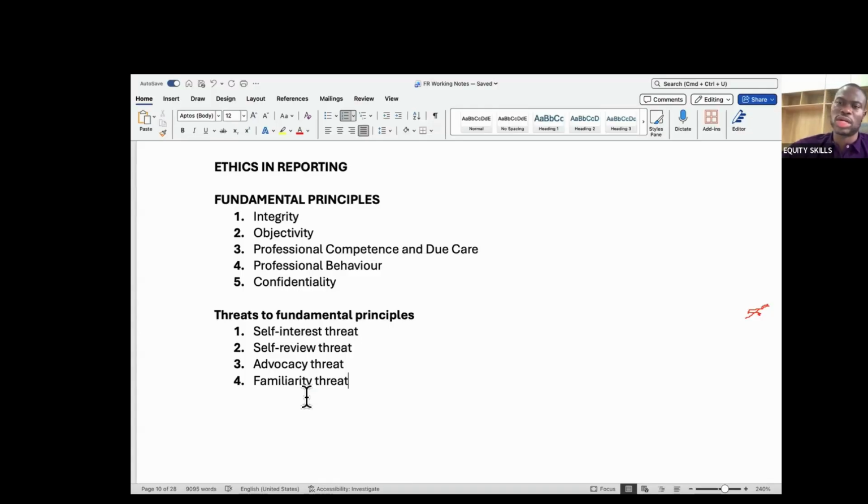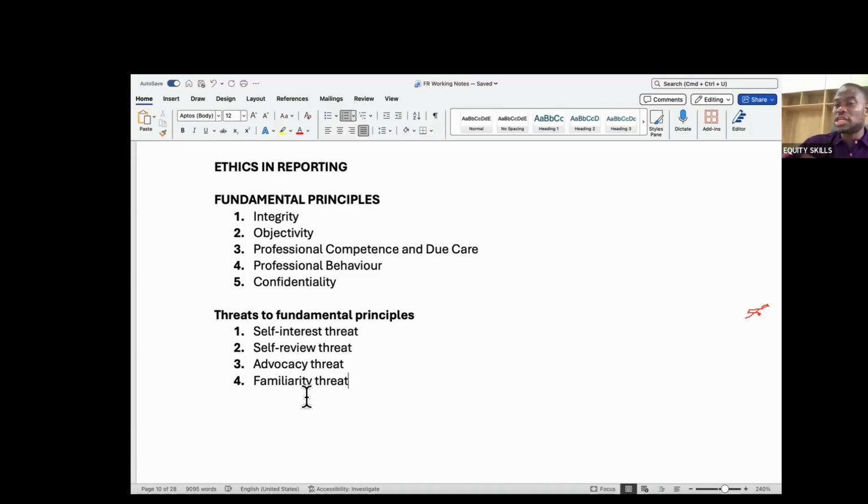Or you are an auditor to your client because you have been auditing this client for a long time, so you are now so close that they invite you for their children's birthday party, they invite you for dinner. You are so familiar, and you are the auditor. You will not find fault in their books anymore. You can never qualify their account, even when there are obvious gaps, even when there is obvious non-compliance, you would overlook it. Familiarity threat. So familiarity has an inherent threat that we need to be aware of.